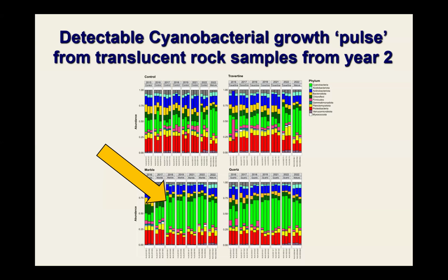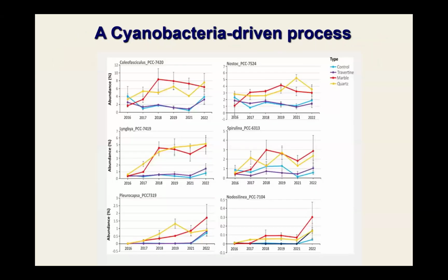And cyanobacteria are the marker organisms because, of course, they're driven by the presence of light and they support the rest of the community. And it's not just one cyanobacterial taxon, there's a bunch of them. I just list those. Those are quantitative figures, some of them with rather large error bars, but nevertheless, the red